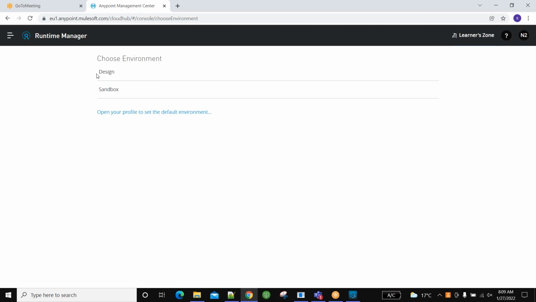There we have two types of servers, like design time server and sandbox server. Normally the design time or sandbox server is given by Mule. For the trial version, they have given this environment. If we create a trial version, we have the capability to deploy it over here, and we can give that URL to the source system. So this is Cloud Hub, but definitely there is a difference.